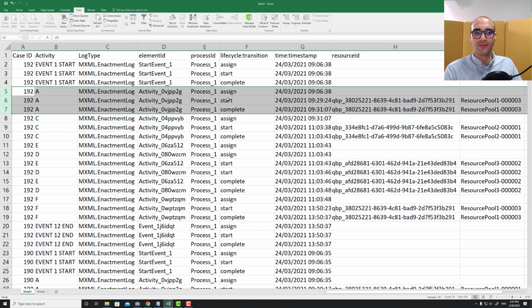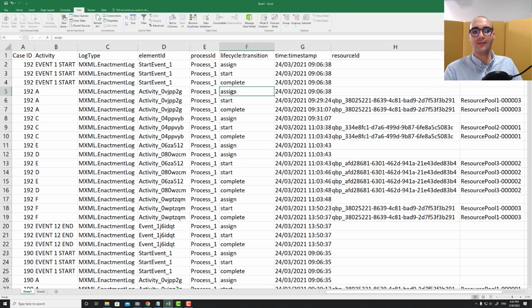The start is the time at which an activity has been started. The complete is the timestamp at which the activity has been ended or completed. So we don't need the assign. We need just the start timestamp and the end timestamp or the complete timestamp. So we need to take that and transform them into 2 separate columns, one for the start timestamp and one